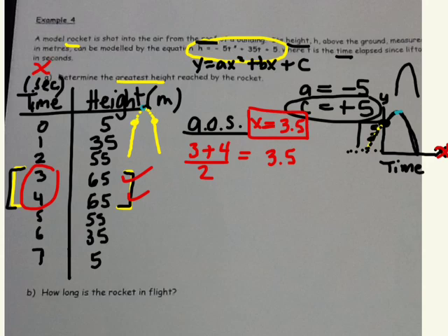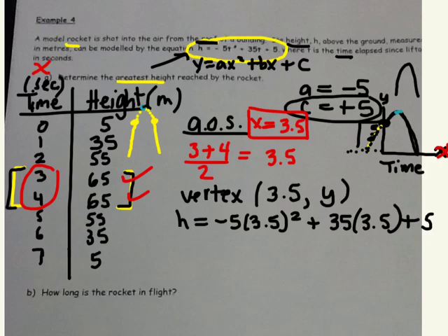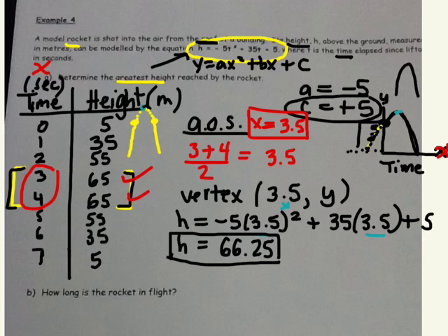So now that we know the x value of the vertex, which is 3.5, let's find the y value using the equation given. So you're plugging in your x value of the vertex for time. So when 3.5 seconds have passed, we're going to figure out the highest point of the rocket because the vertex is the highest point. It's the greatest y value. H equals 66.25, which means that